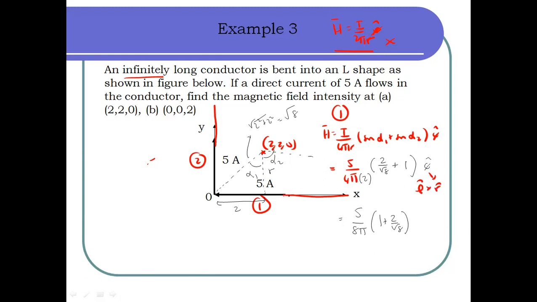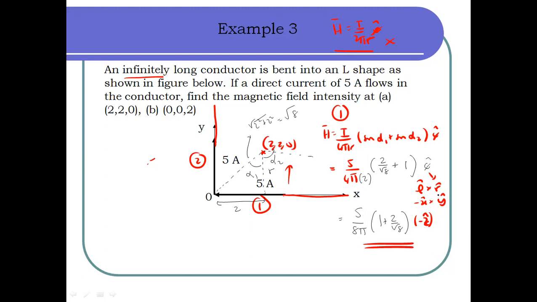So L is in the negative x direction, because the current is in this direction. So L should be negative x, whereas R, if you base on this, is towards this direction, which is in the y direction. So negative x cross y will give us the negative z direction for the phi. Right, so that should be the H field due to site number 1, or filament number 1,